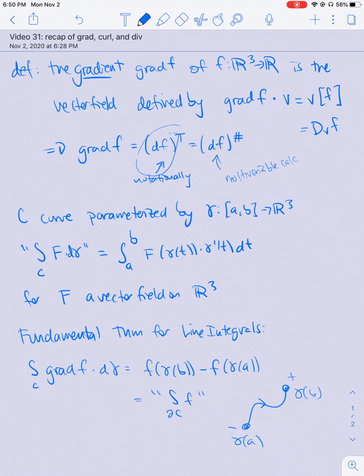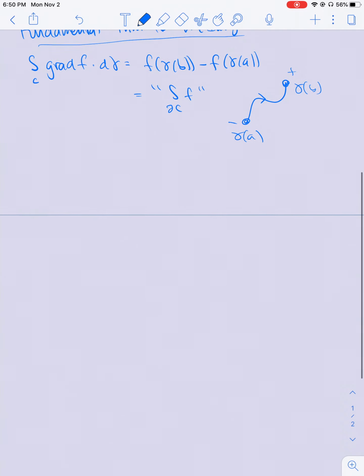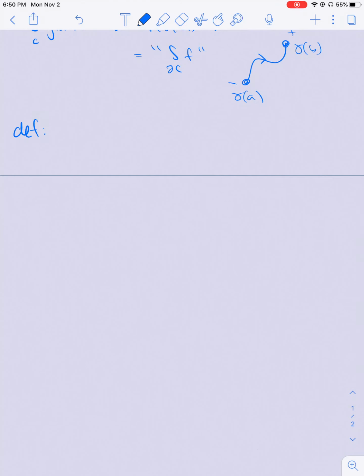Okay, so a similar story happens for curl. There's an operator that sends vector fields to vector fields, and there is a similar kind of theorem called Stokes' theorem. So you might remember the curl of a vector field f, which I'm going to write as p d by dx plus q d by dy plus r d by dz on R3, is the vector field